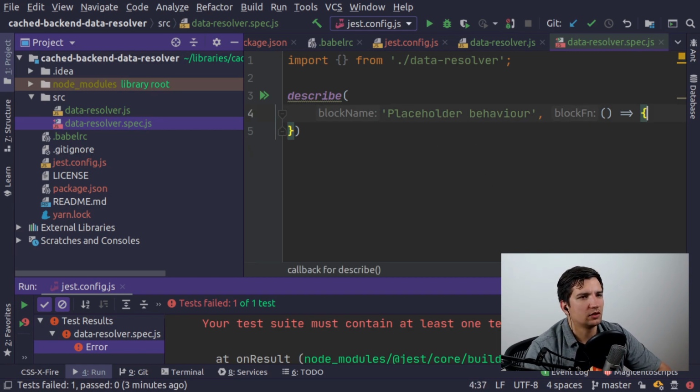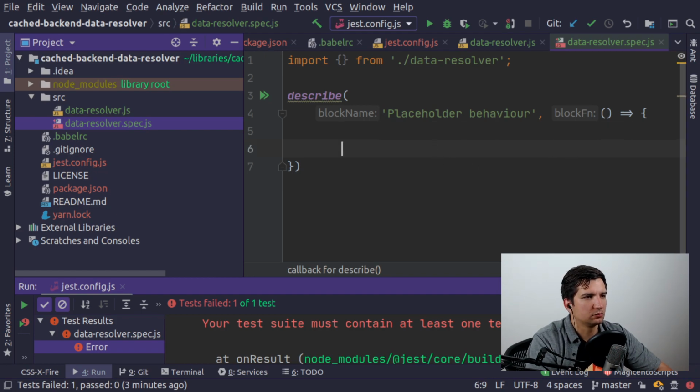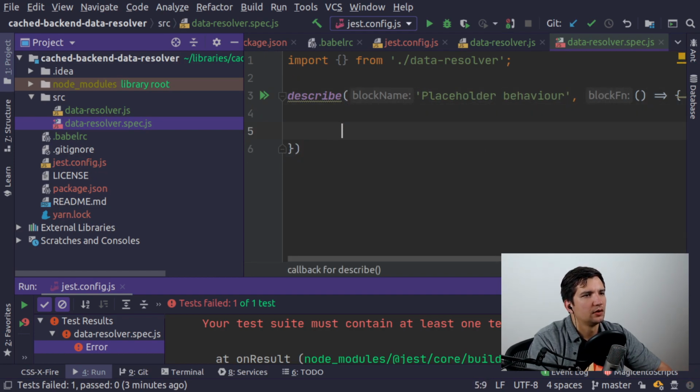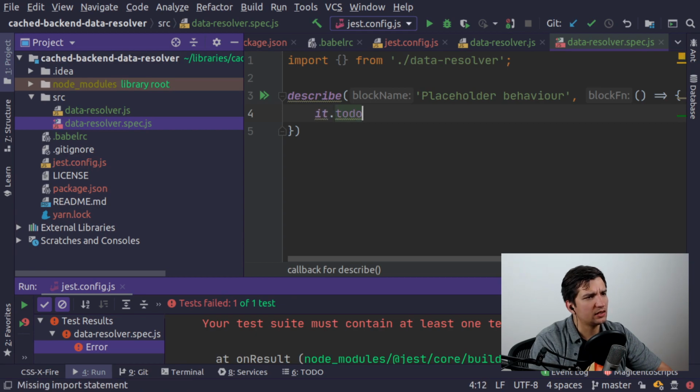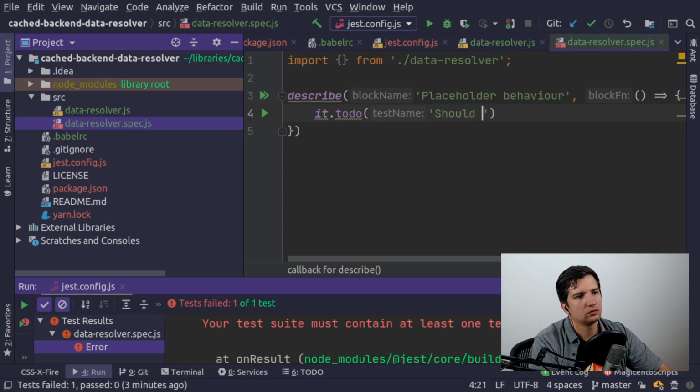So I'm just creating a new block of describe where I describe the placeholder behavior, and now I'm just gonna define my test cases as to-do functions. So I'm just gonna define a to-do for should return placeholder value